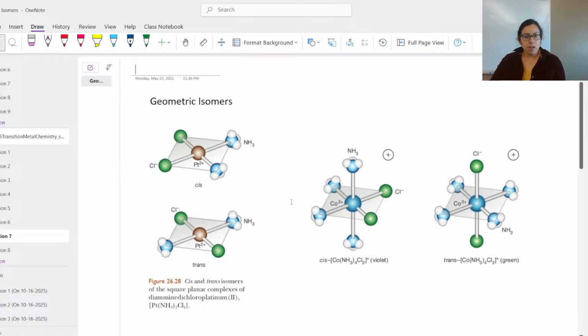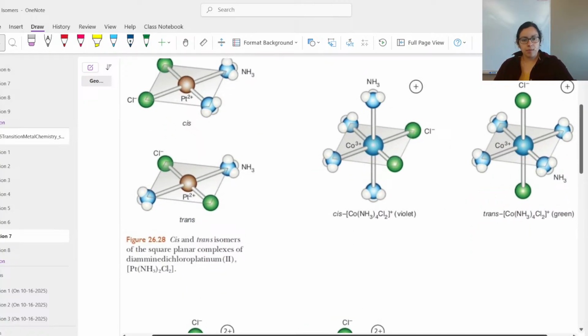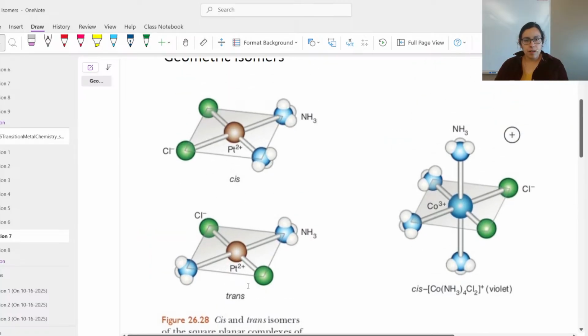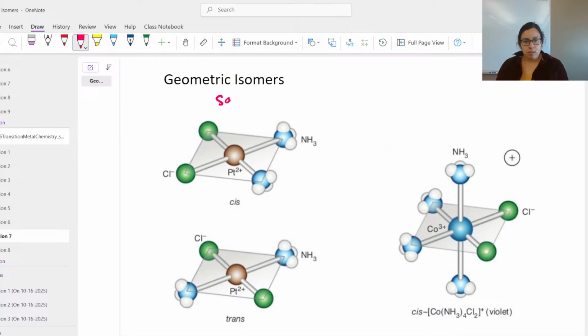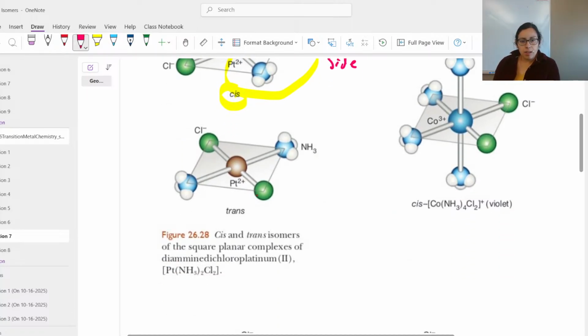Then we can start looking at some isomers, which will probably help you with that one pot lab if you haven't already puzzled through it. We're going to focus on our square planar isomers first. So this is all for square planar. Then we can have the cis isomer, where the same groups are on the same side,